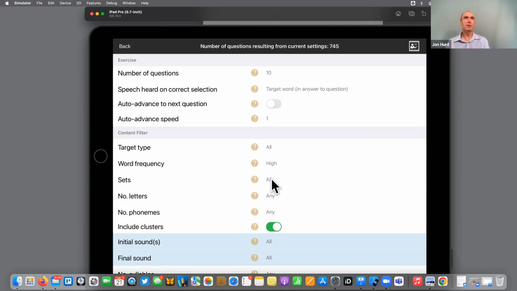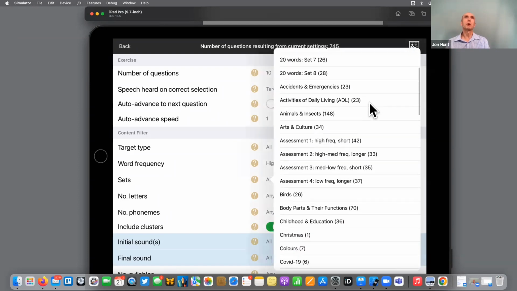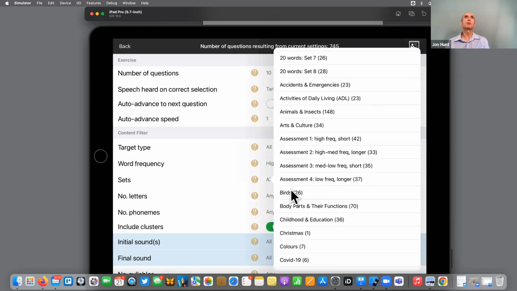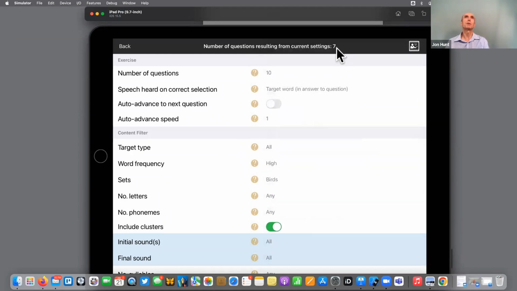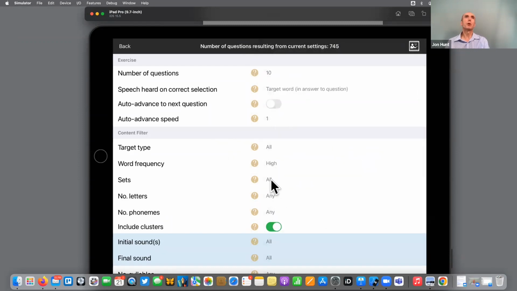If we're going to sets, you can look at the kind of subject matter that you're going to cover. So you might want to ask a question about birds. Now, if we narrow it down to questions about birds that are high frequency, we may not have all that many, 7, see? So that's probably being a bit fussy just to have questions about common birds. So I would often not actually restrict that one, because I might be more interested in, oh, actually, I'm just